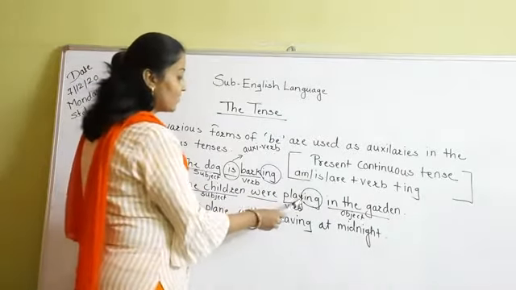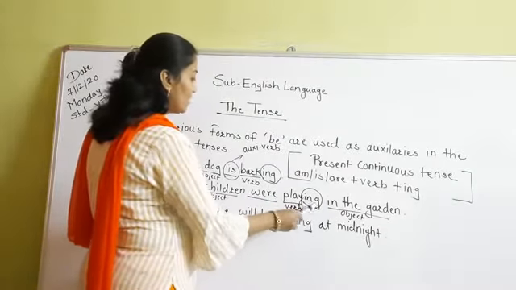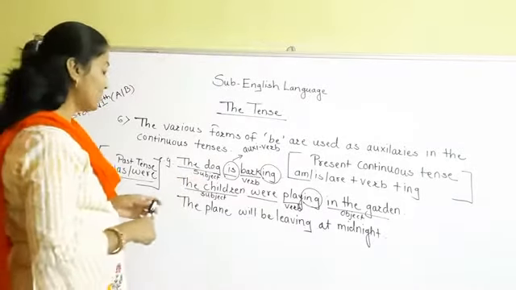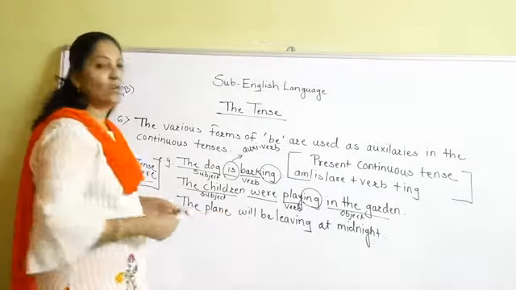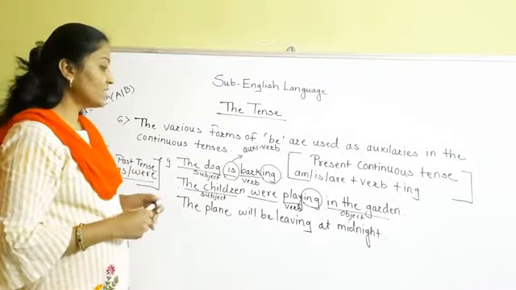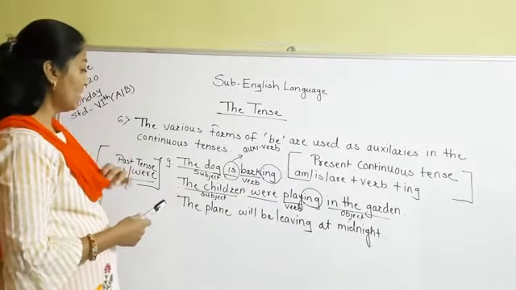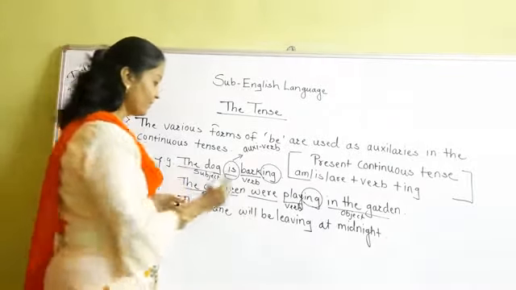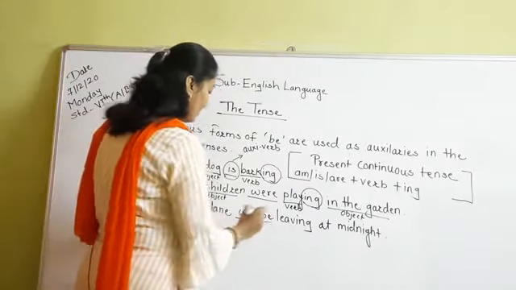As we have added ing to this verb, it indicates that this is a sentence of past continuous tense. Now let's move toward the third sentence, and definitely when you read this sentence you will come to know that it is of future continuous tense. In future continuous tense we are using the helping verb "will be" or "shall be."